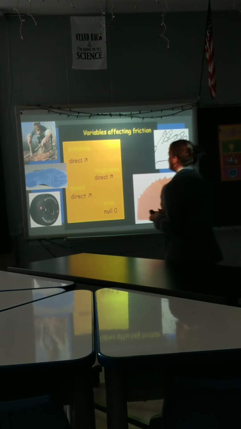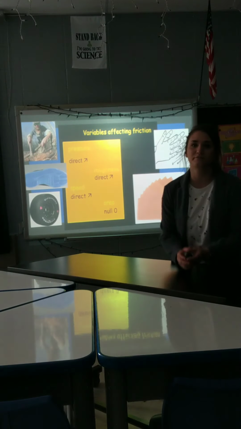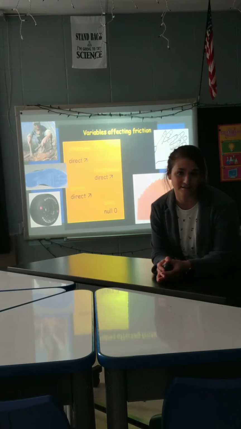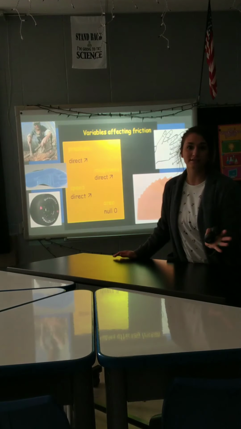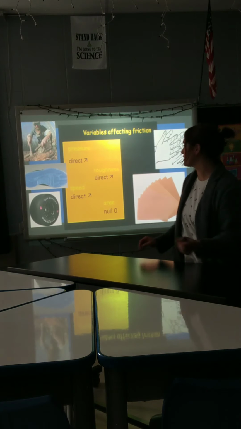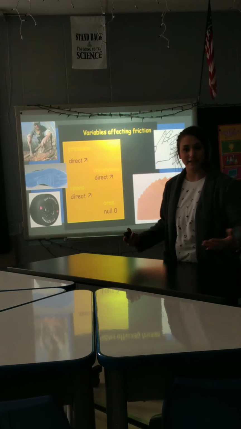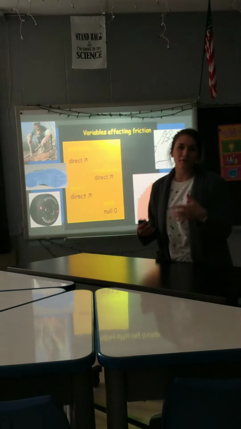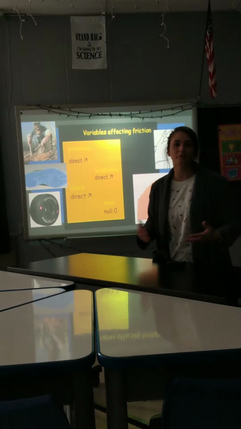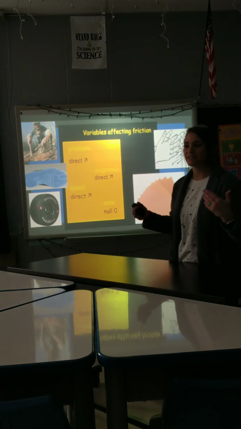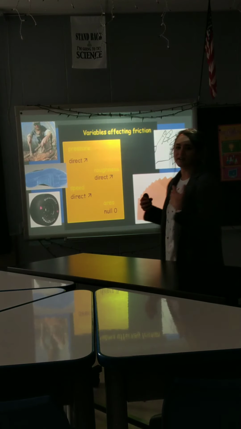So up here, I have a couple variables that may or may not affect friction. Up on the top left, there's a picture of a guy trying to start a fire with some sticks. Whenever you try and start a fire with sticks, maybe you're lost in the woods and in need of a fire because it's becoming nighttime, you need to be able to move those sticks quickly. The more quickly you do something, or the more speed, if your speed goes up, the friction you have also goes up. Remember, friction is your ability to stick using microscopic bumps. And so if you speed that up, it's going to have that effect of greater heat.